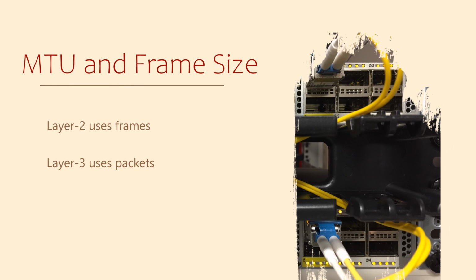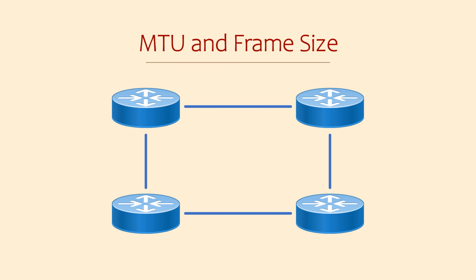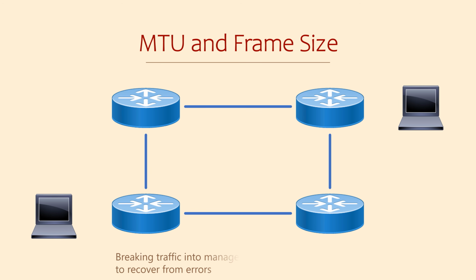I'm sure you're aware that all data is broken into manageable chunks before it's sent over the network. We often call these chunks of data packets, which is fine. Technically though, at layer 2 they're called data frames, and at layer 3 they're called packets. There's a few reasons for breaking our traffic into packets. For one, if there's more than one path to a destination, some packets could take one path and some could take the other. More importantly though, if some packets are dropped, it's easier to detect this and resend a few packets rather than resending everything. Or for some traffic types, it's sometimes okay just to ignore a few missing packets.